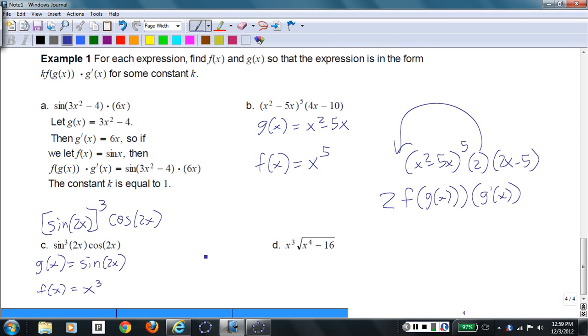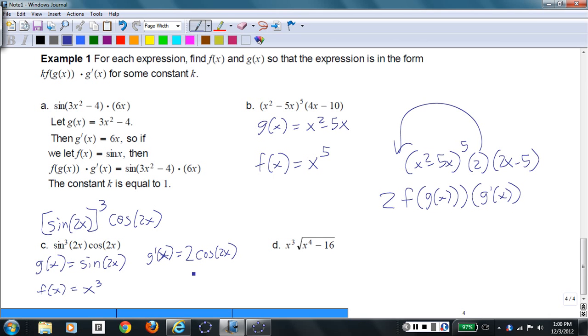What is g prime of x then? Well, the derivative of the sine of something is the cosine of that something times the derivative of that something. Right? The chain rule says we have to multiply by the derivative of 2x. So we multiply by the derivative of 2x and we get 2. So the derivative of sine 2x is 2 cosine 2x. So again, we're off by a factor of 2. And that's okay,